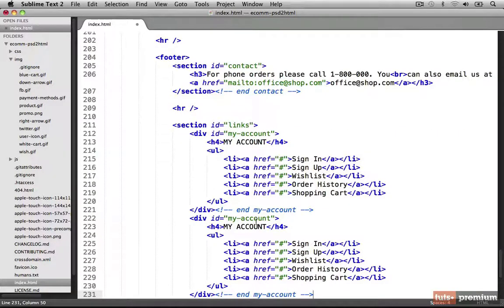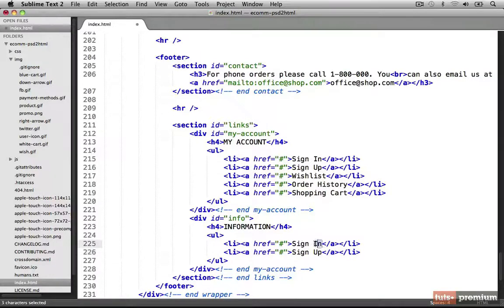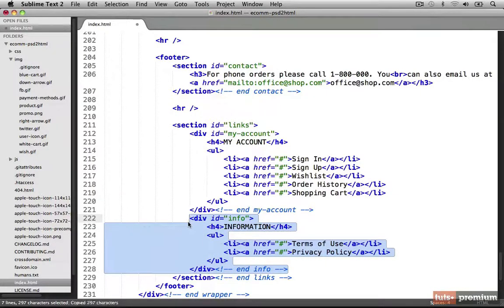I'm going to change its ID to say info. We'll change the H4 heading to say information, and we only need 2 links for this one, so we'll get rid of these bottom 3. And let's change this one to say terms of use, and the last one will be the privacy policy. And let's change the comment to say end info, and let's copy this div as well for the last one,